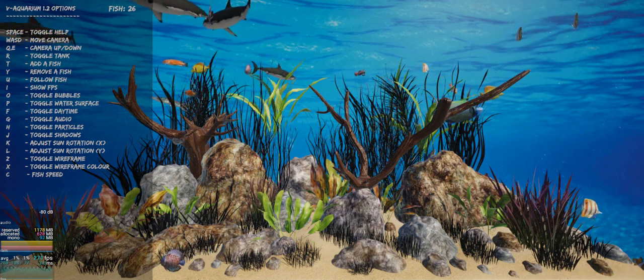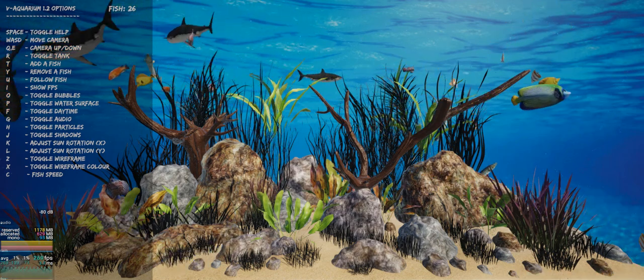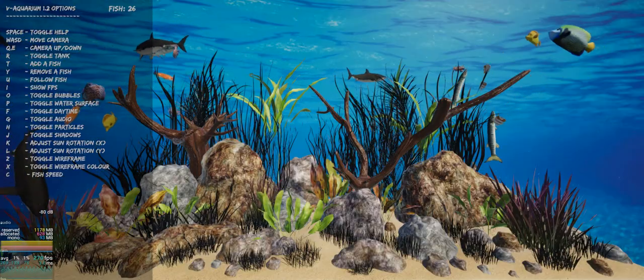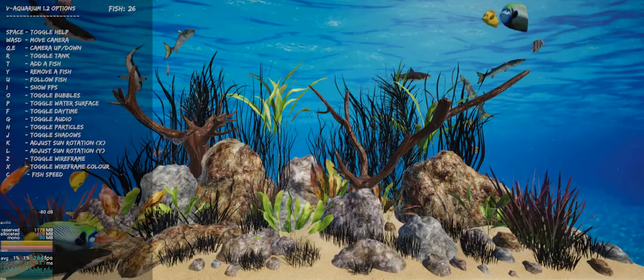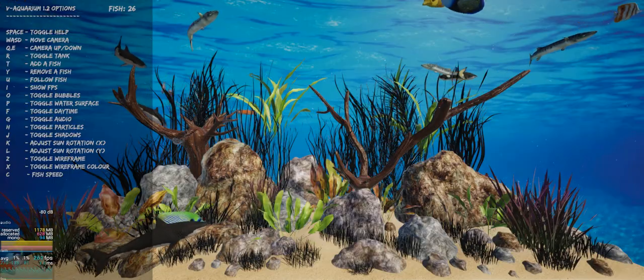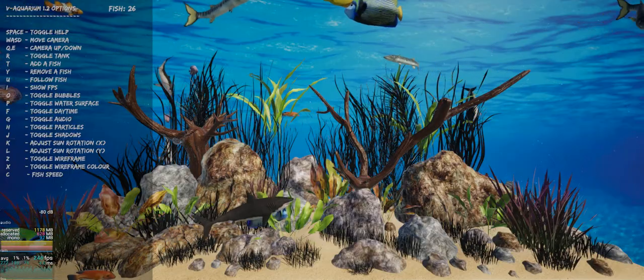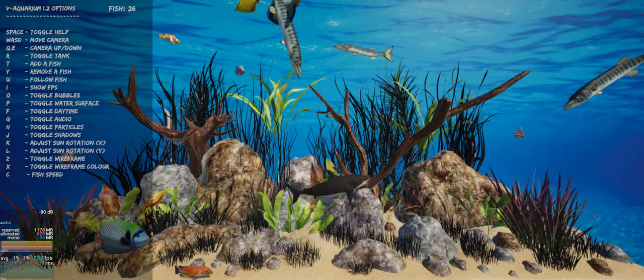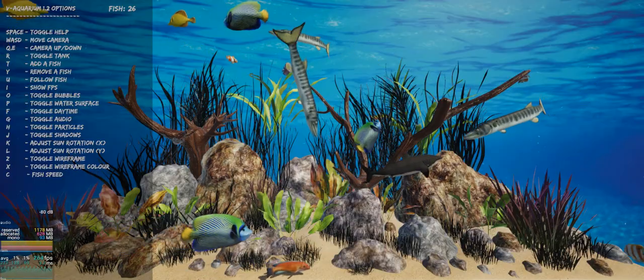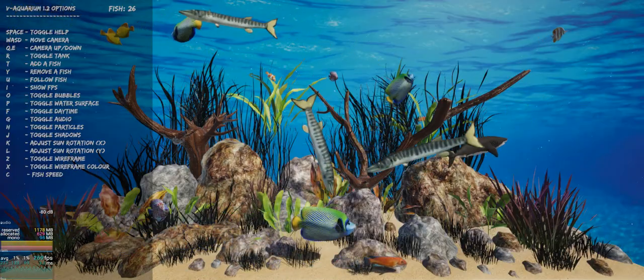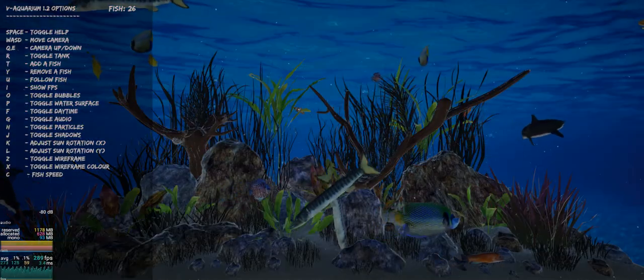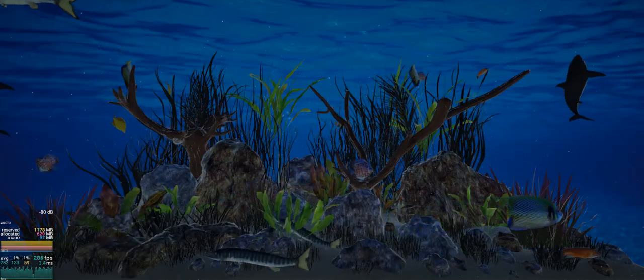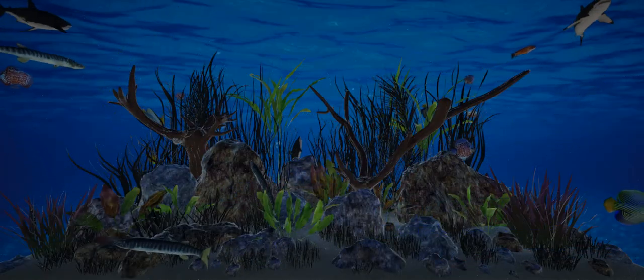Next feature, you can toggle the bubbles in the background if you can see them. They're hard to see, but there's some bubbles there. You can turn them off, turn them on again. They take a while to start up. The toggle the water surface I've shown. F is interesting. You can simply turn off the sun, which makes it look like a sort of nighttime scene,